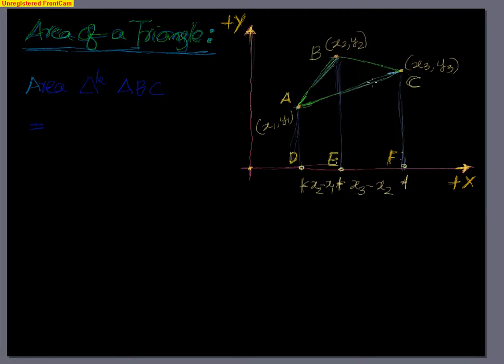We know how to find out the area of a quadrilateral. Suppose you have a trapezium. How will you find out the area of this? This is B1, this is B2, and say this is equal to the height. The formula is half into B1 plus B2 into height. This is the formula for the area of the trapezium, right?